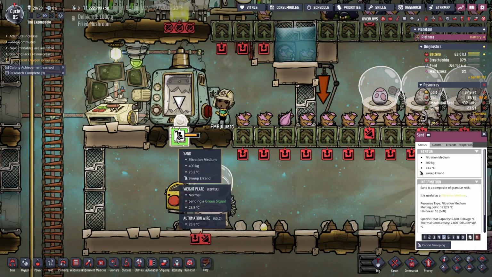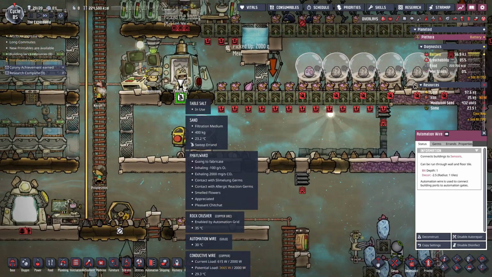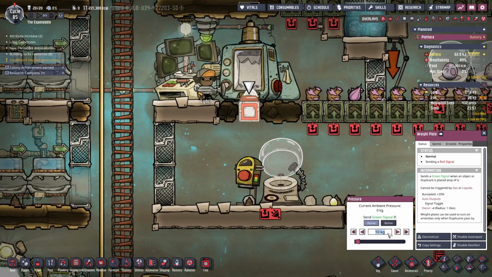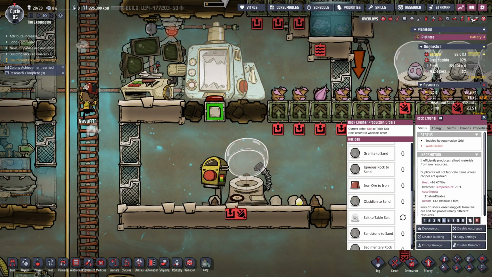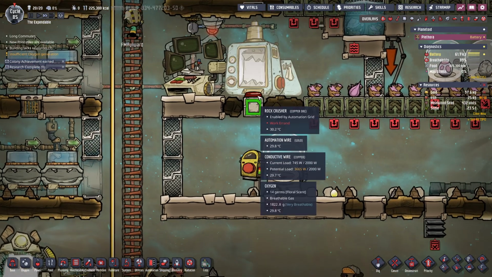The sand to be swept. What else do we have there? I don't think there's anything else on that tile. Okay, so you should now... I want you to send a green signal if you're below 1 kilogram. Alright, and the idea behind that is we're going to keep making table salt till we have...